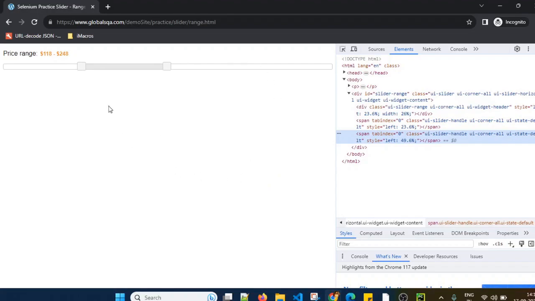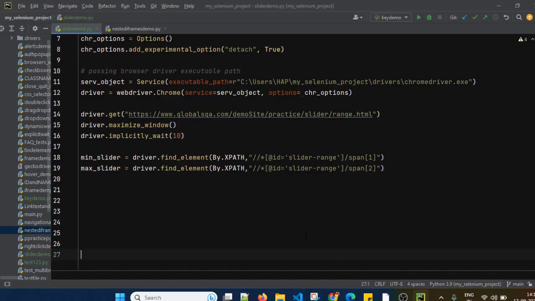After capturing that web element, now we have to find the location of those two elements. And the location means we want to find out what is the x coordinate and y coordinate of those elements. So for getting that information, let's use finding location. So to find out the location, we can use one method.